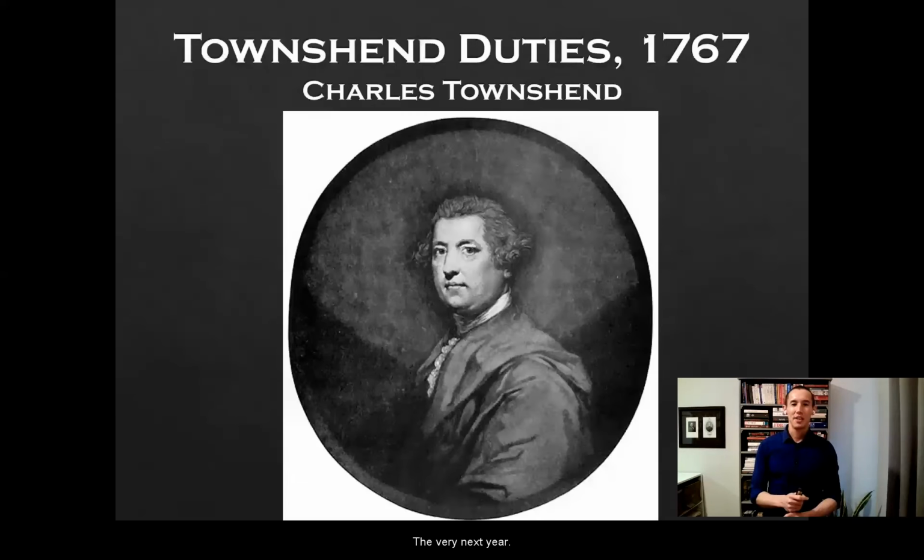The very next year, a series of acts were passed called the Townshend Duties. Now, the Townshend Duties, that is duties or tariffs on several products like glass, tea, lead, paints, paper, all sorts of things the colonists need. It is tariffs on all those things for the purpose of raising revenue, not to regulate trade. Just like